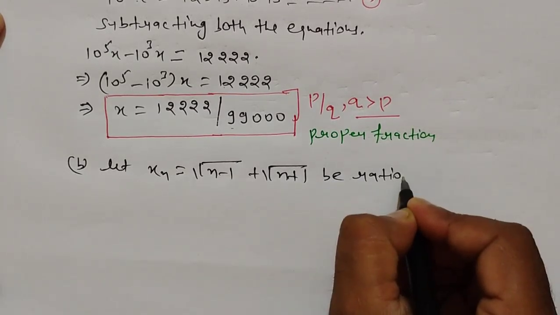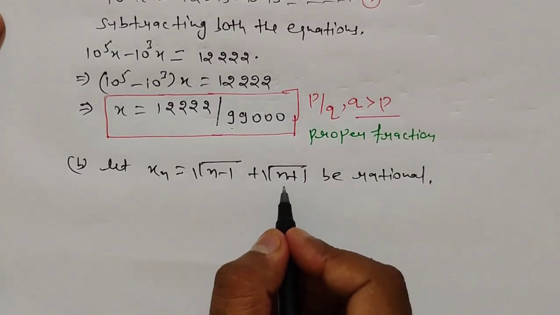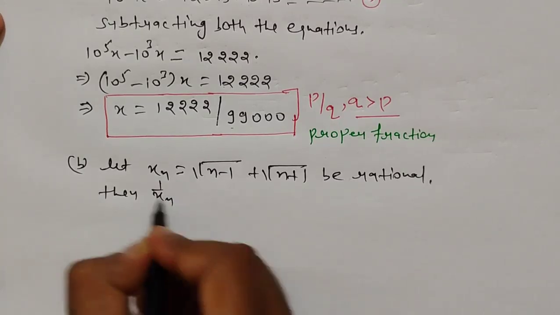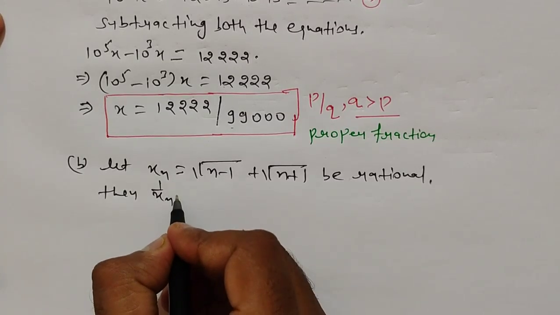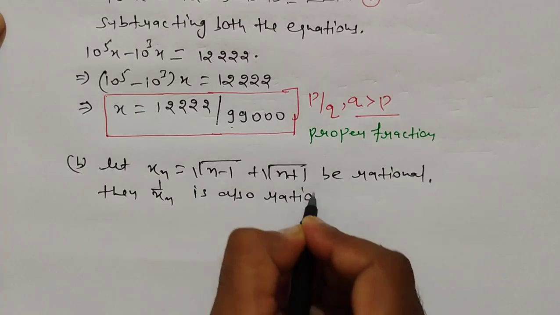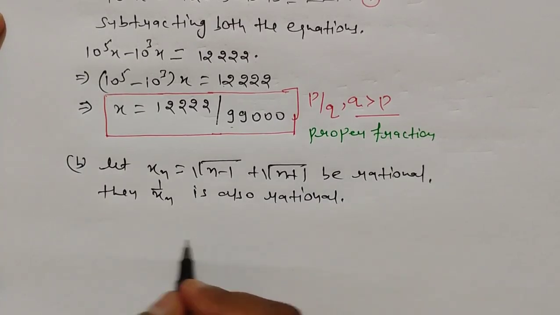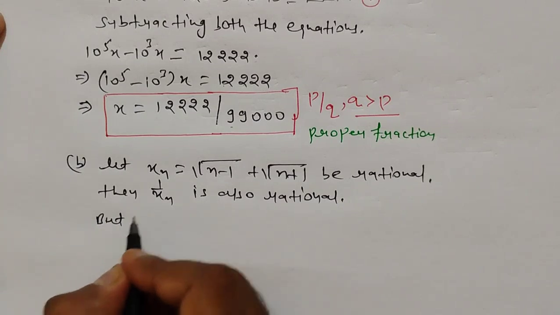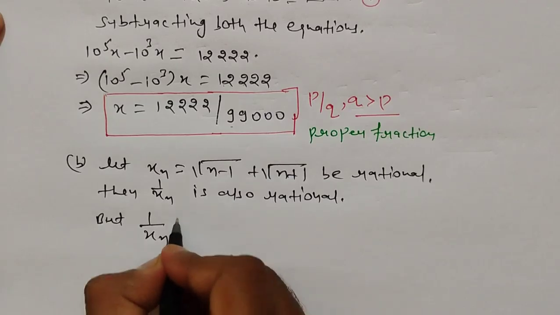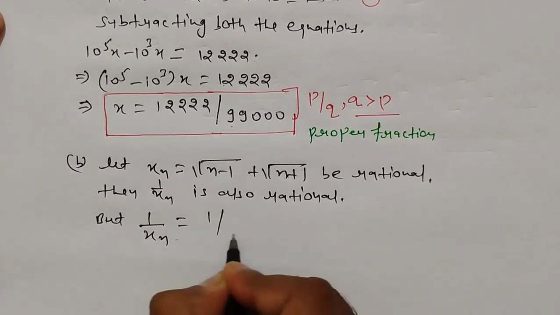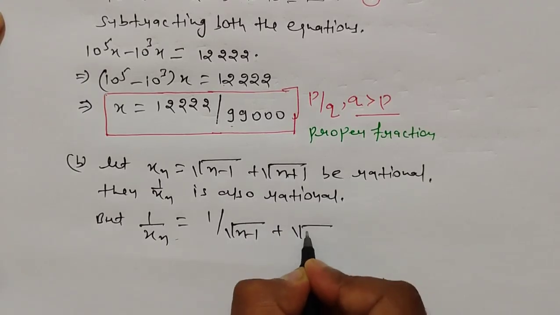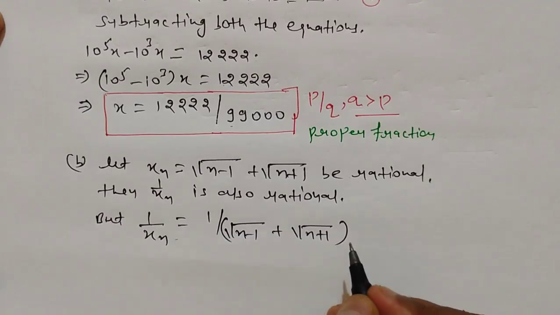We are just assuming that the expression is rational, then it is clear that the reciprocal of this expression, 1 by xn, is also rational. But one thing to understand is that 1 by xn is equal to 1 by square root of n minus 1 plus square root of n plus 1,